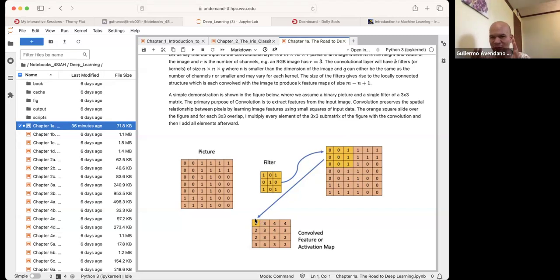I move a little bit to the right, and I am doing exactly the same. I am compacting that. I'm taking element by element multiplication, summing all that. I am storing here the element number 3. That is a convolution. People found that those convolutions are kind of standard, and they capture features of the figure,